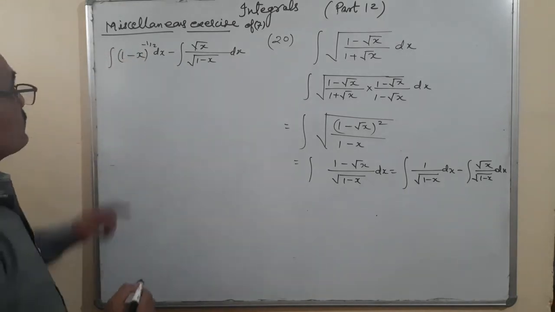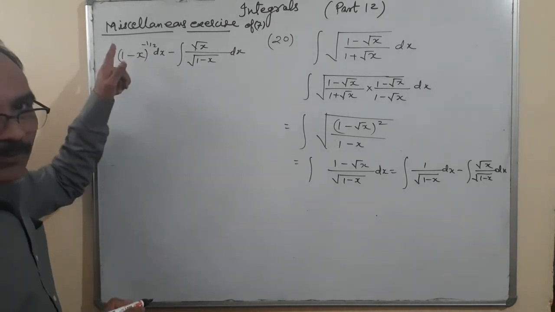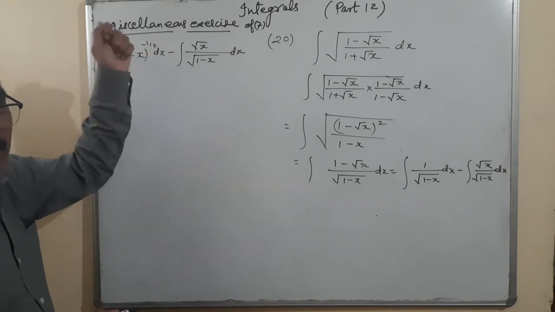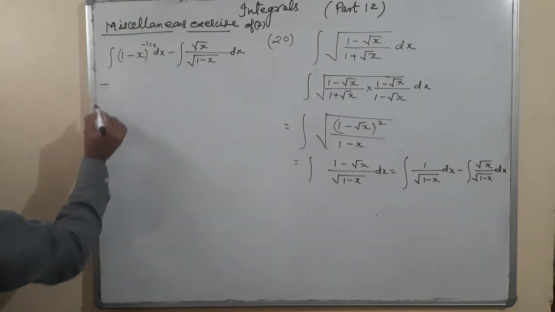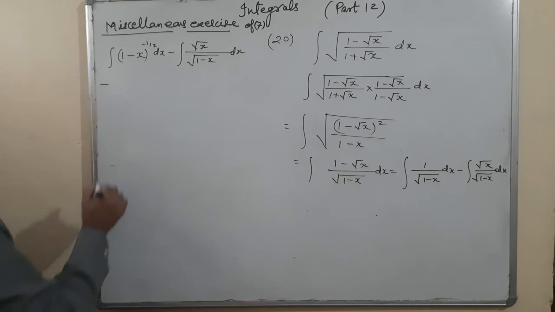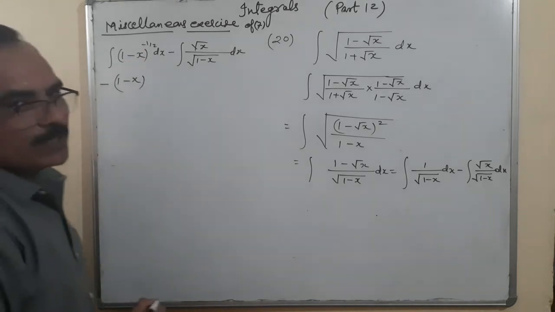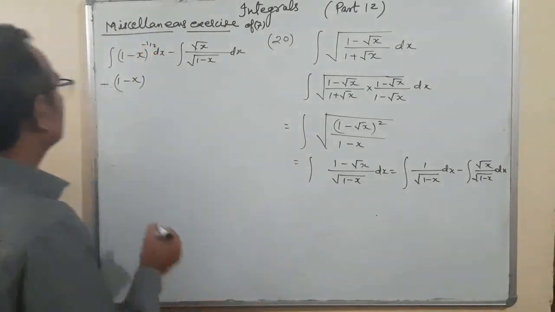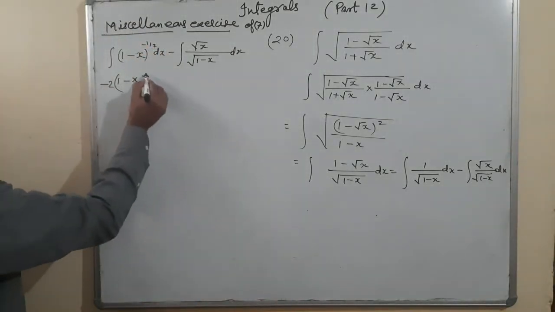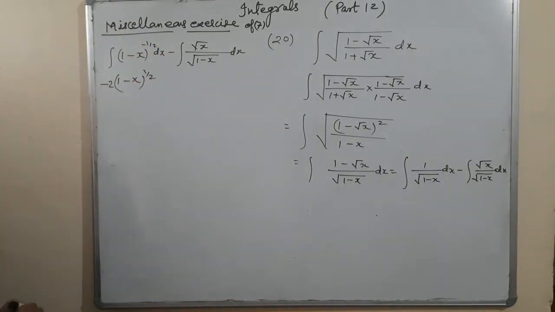It's direct integration, but 1 minus x is equal to t, therefore minus dx is equal to dt, dx is equal to minus dt. Minus sign out, t to the power minus 1 by 2. So for 1 minus x to the power minus 1 by 2, I can write minus 1 by 2 plus 1, which is 1 by 2, upon 1 by 2. So 2 is coming here and that is 1 by 2. Agreed? Then